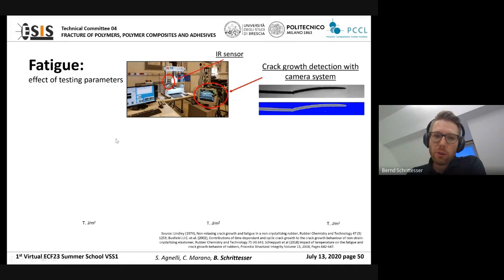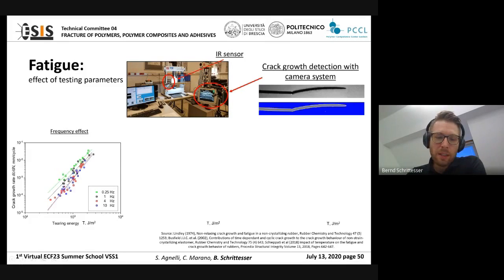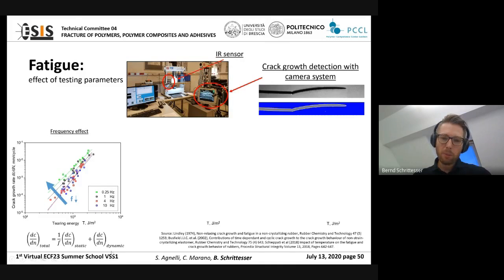Moreover, we have a strong influence of the frequency, and this is the first very interesting effect, because when you think of a frequency effect, it's a little bit special here for elastomers, because when you increase the frequency, the crack growth rate is decreasing. At first, we thought it was the other way around, but when we screened the literature and thought a little bit about it, we found different papers which are explaining this, where